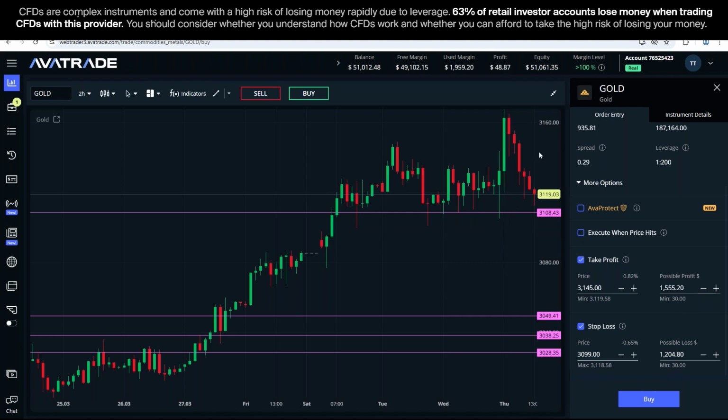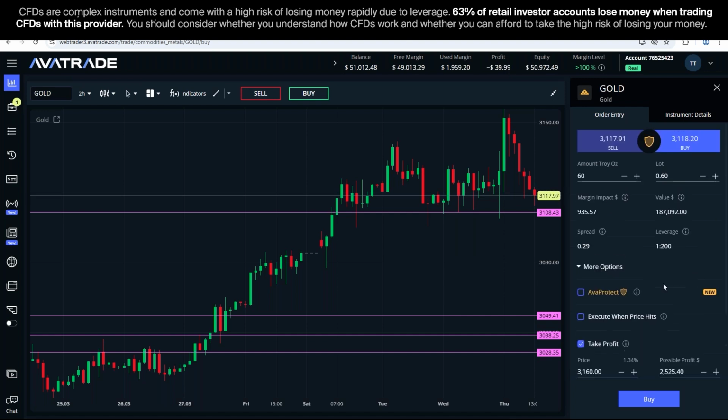And then take profit could be before the all-time high up here, so maybe 3160 without having to go to a new all-time high. So not being greedy here, looking for a take profit before the all-time high, better than 2-to-1 potential profit to risk in the direction that maybe the fundamental news would push gold. We'll see. So we've got a risk managed trade here, and it looks like now we just need to adjust